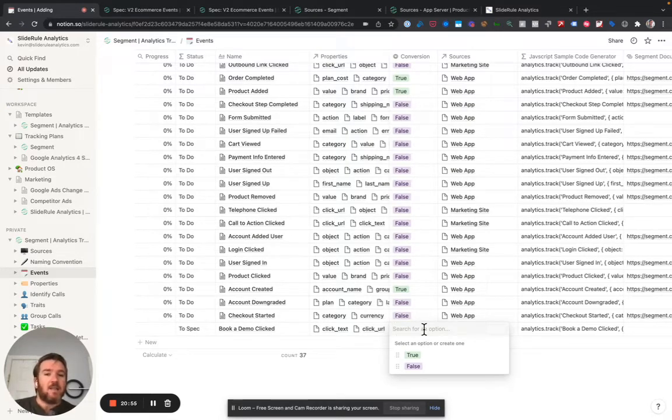And the way that I like to think, this is not, strictly speaking, information that's being sent to Segment. We don't have to tell Segment that it's a conversion or anything. It's just useful to distinguish between conversion events and what are usually called analytics events in our tracking plan. That way we can follow, okay, what are the most important events? For instance, actually completing an order or purchase is usually the most important event on an e-commerce site, right? Now, in this case, we're just talking about clicking book a demo, so that would probably not be a